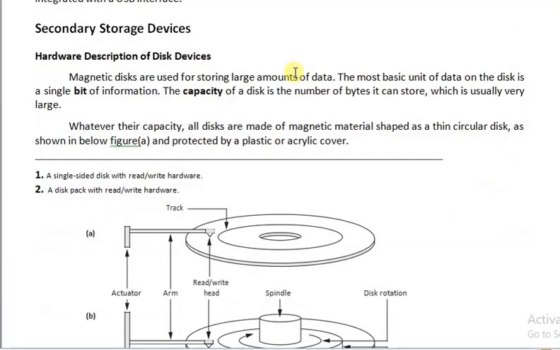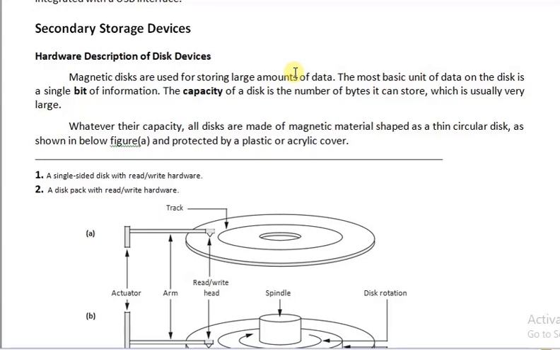Next, we will study more about the secondary storage device. A type of secondary storage device, as we have mentioned earlier, is the magnetic disk. Okay, and we will study how this magnetic disk is constructed and how it operates. As we have already mentioned, if there is a large quantity of data, then it needs to be stored in a secondary storage device such as a magnetic disk.